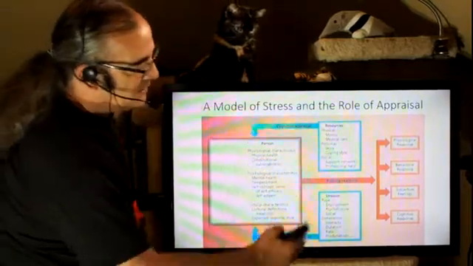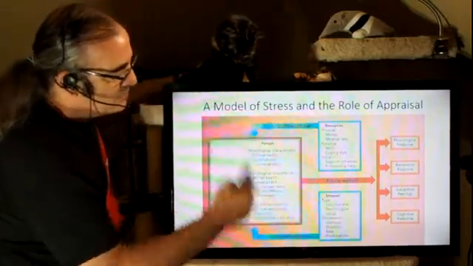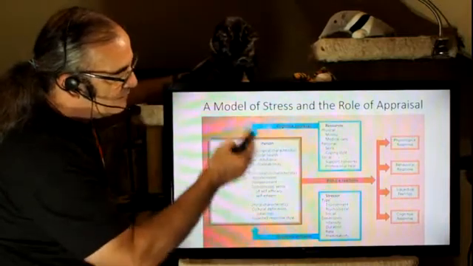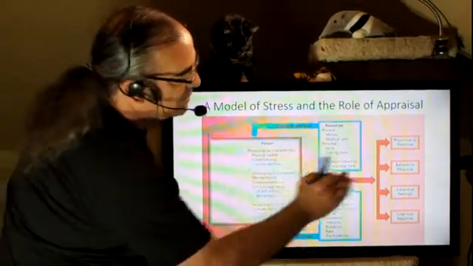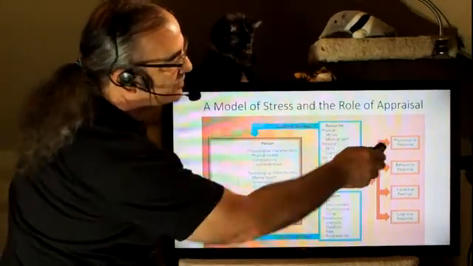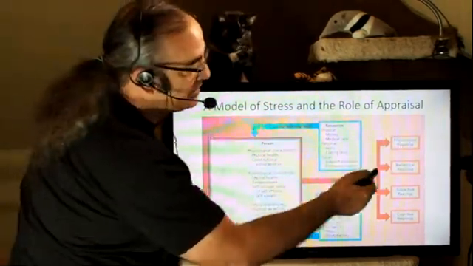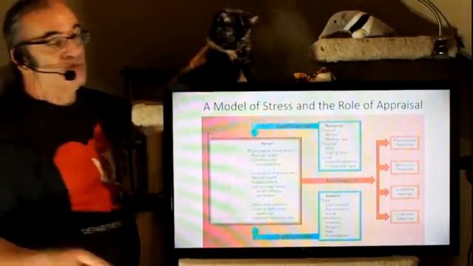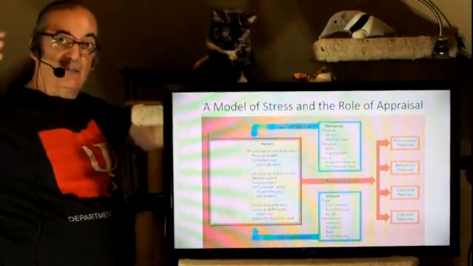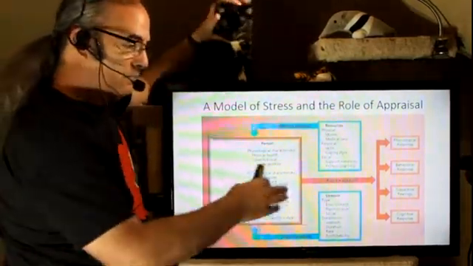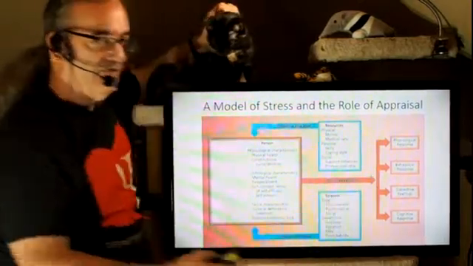But here's the deal. Stressor, resources, right? We appraise, and then based on who we are, the possible reactions. And we see the physiological response, so we might see an increase in heart rate, a change in breathing, sweating. We see a behavioral response, which could be fight or flight, perhaps, and that's something we'll talk about later in the course. The subjective feelings,